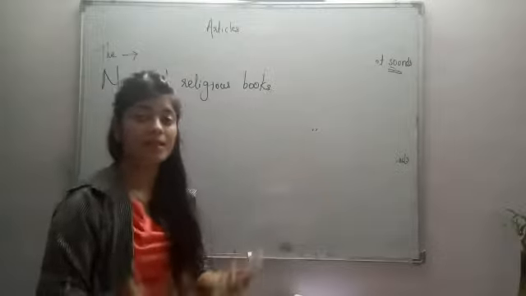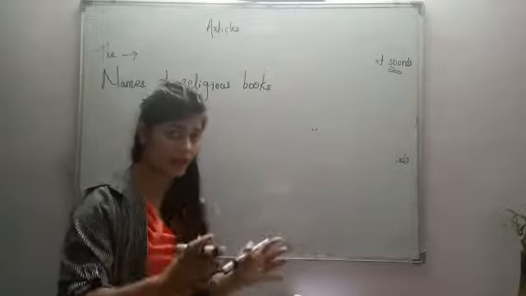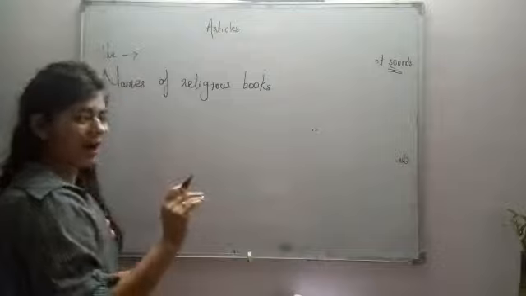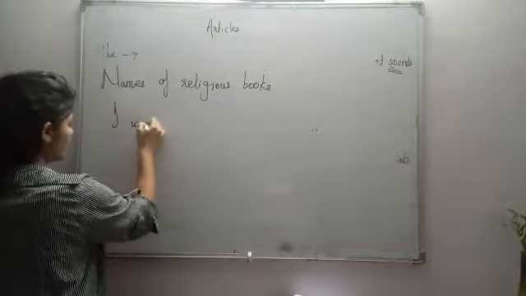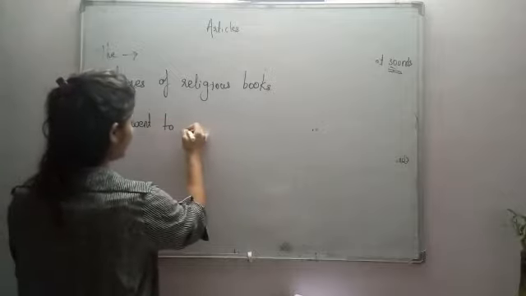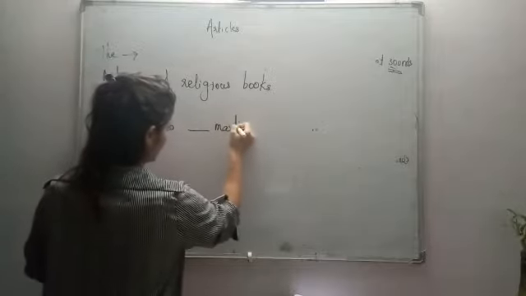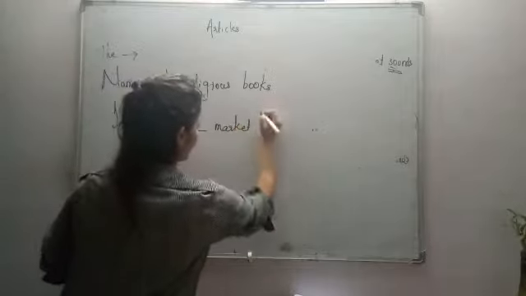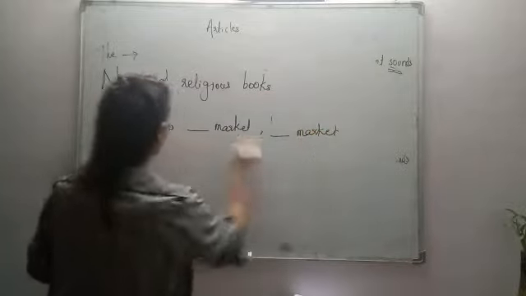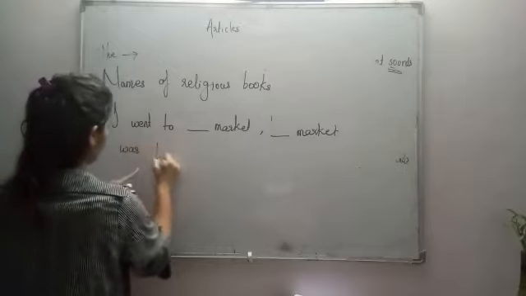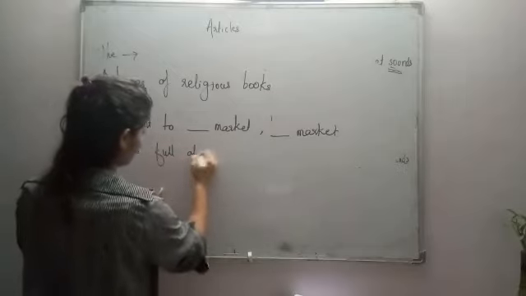Now, the most important and confusing usage of the arises whenever we can use article A as well as article the. Then there comes the confusion where to use A and where to use the. For example, I went to the market. I'm talking here, I went to dash market. Market was dash market was full of people.